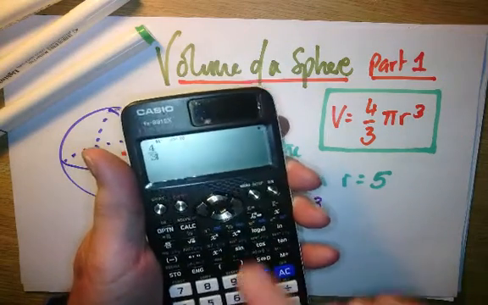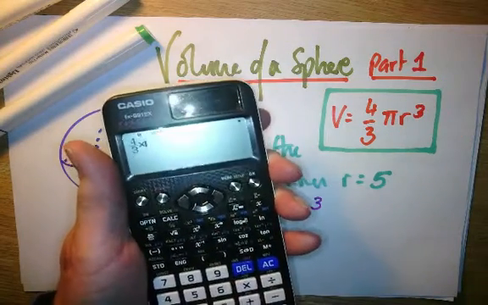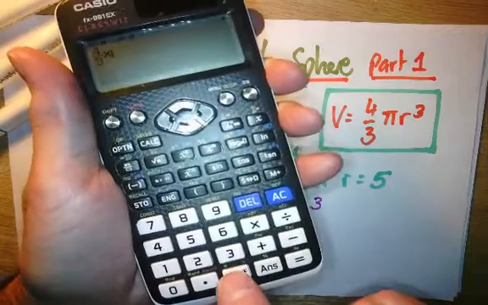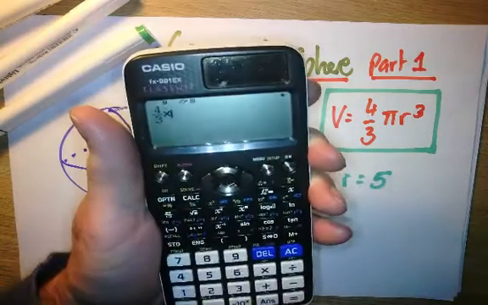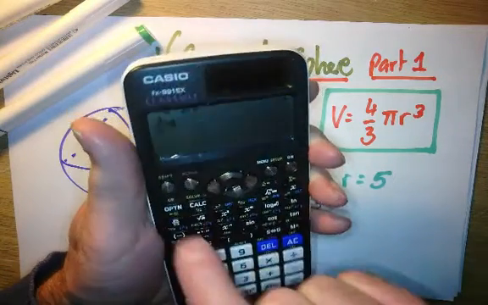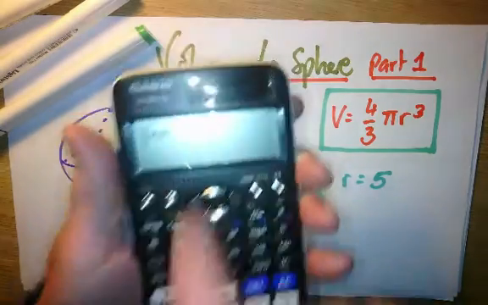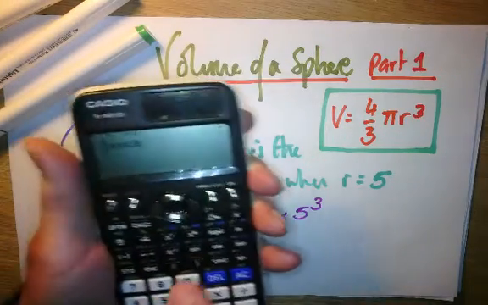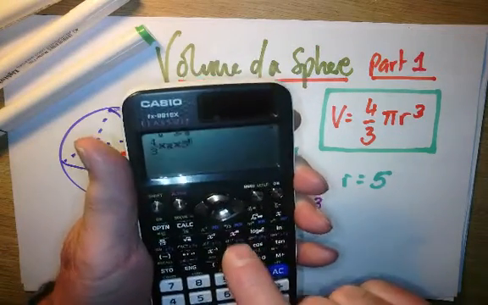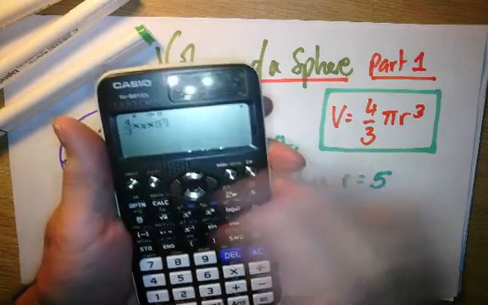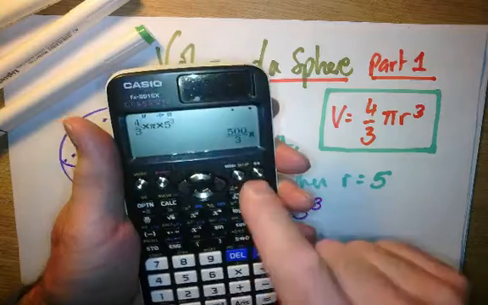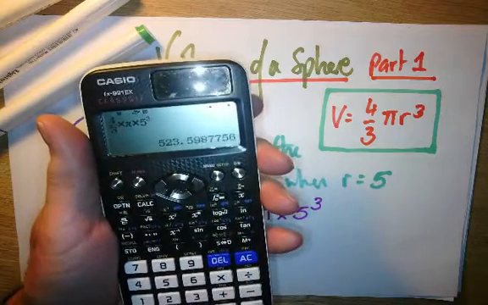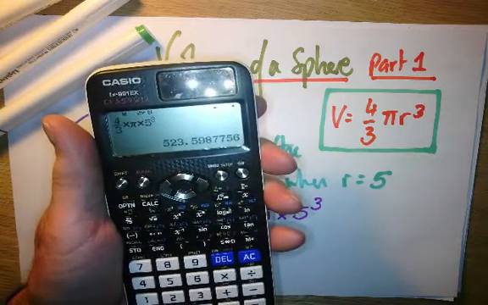So I write 4/3, forward button, times pi, which I can just see at the bottom, just there. It's kind of like a musty yellow, which is shift pi, and you get the little pi button there. Happy days. Times 5 and to the power of 3. And that's all you need to do. And now it gives a really strange one, but I just changed that into decimal form,